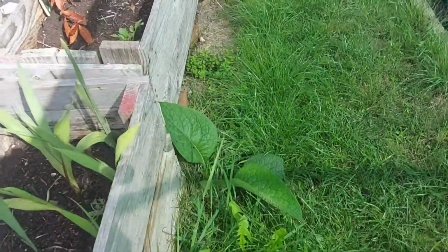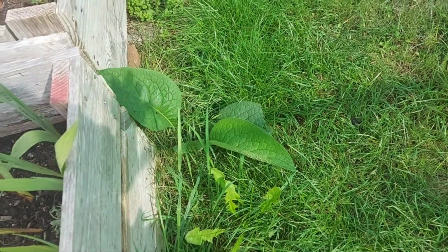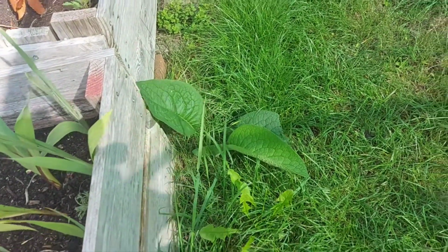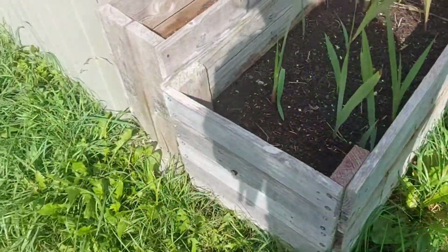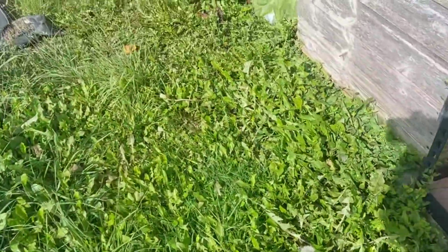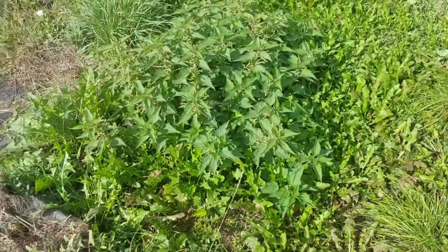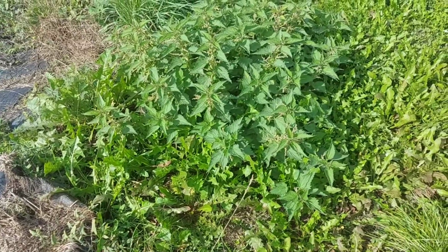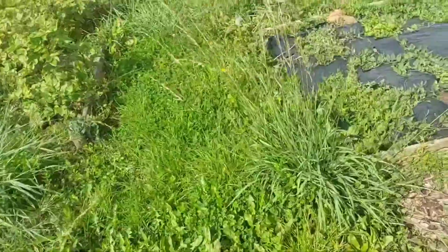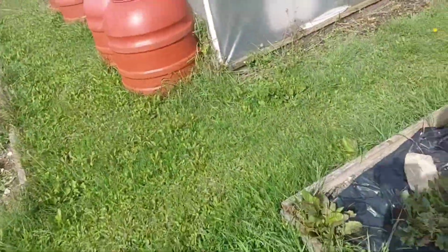Also clearing this here, because this is fresh mint. It's giant mint. It grows up through the ground. If there was mint in there before, so yeah, I'll be getting rid of that and just generally coming around the plot here, strimming. As you can see, it needs a hell of a lot of strimming down here. Also to clear the stinging nettles, but just generally get down here and give it a good strim to clear it all, and then